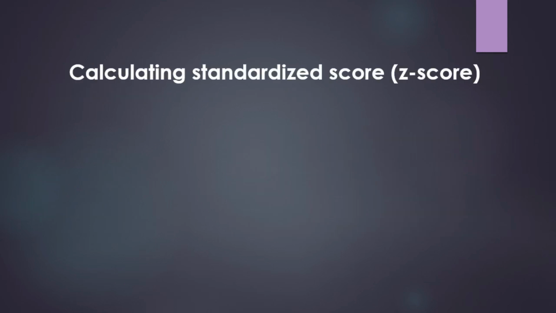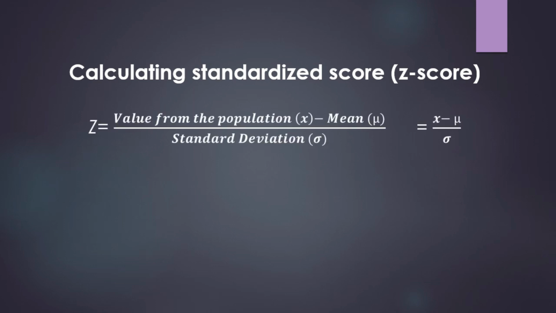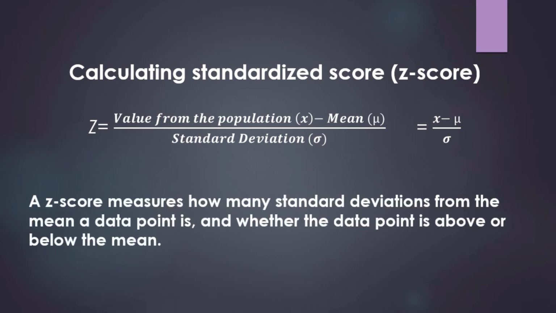So that's the formula for calculating Z value, which is the value minus the mean of the population, divided by standard deviation. In this case, we may get either a negative or positive value. If it is a positive value, that shows the standard deviation above the mean, and the negative value shows the standard deviation below the mean. Let us have some exercises.